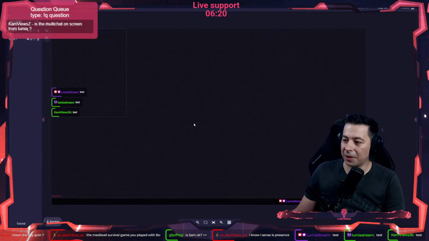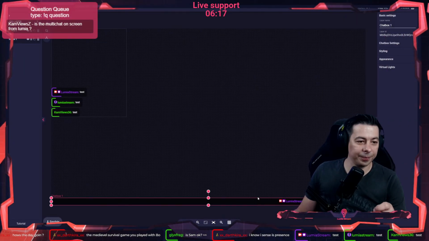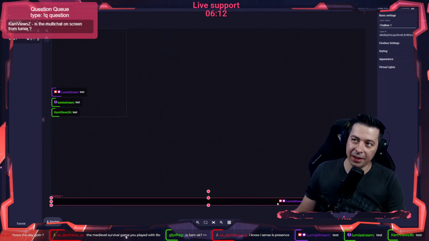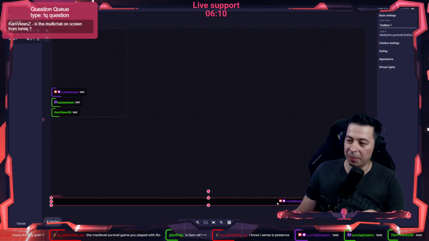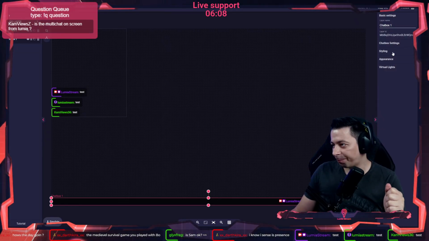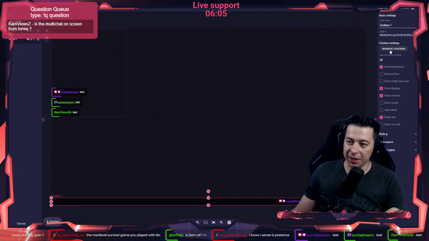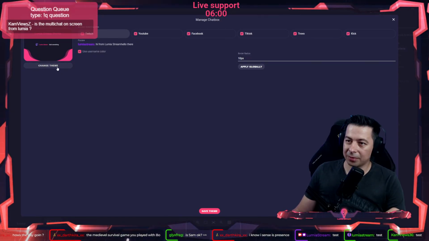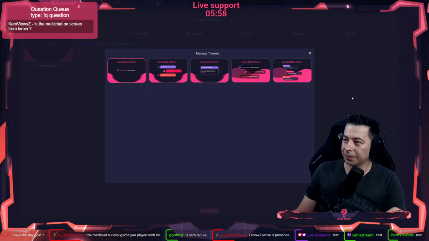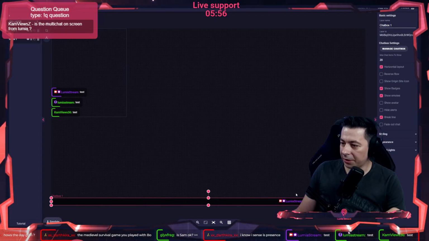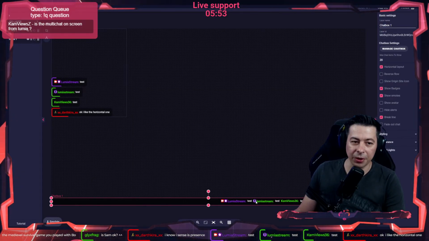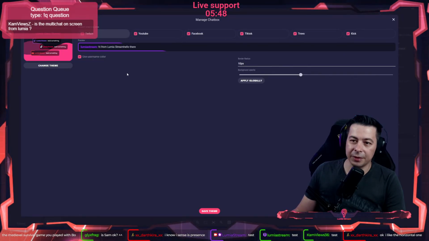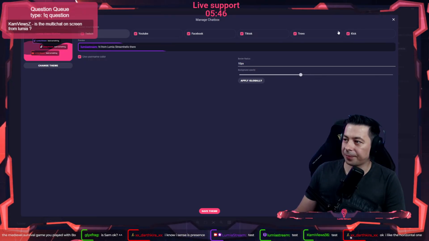One is horizontal, and I placed it to have a black background but not completely opaque. In the chat box settings, I chose the Lumia simple theme. You can choose whatever you want, but I think the Lumia simple theme is the one going on the bottom. On the left, I have the Lumia glass theme.